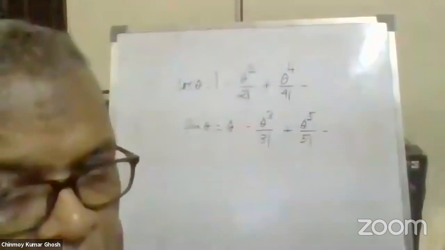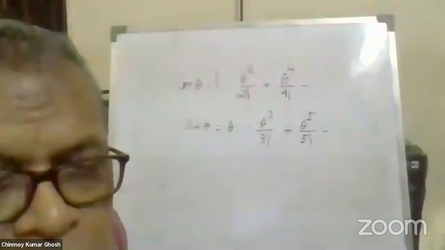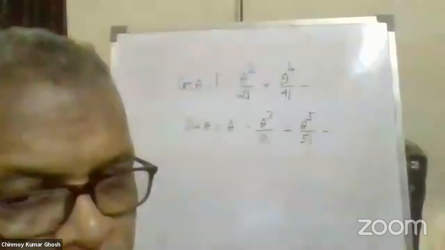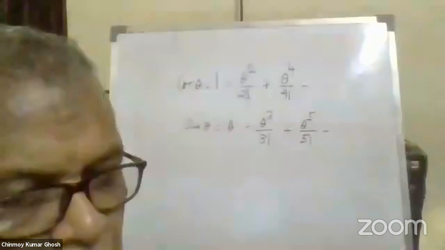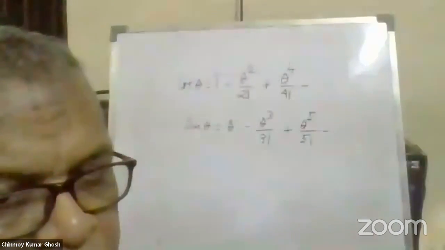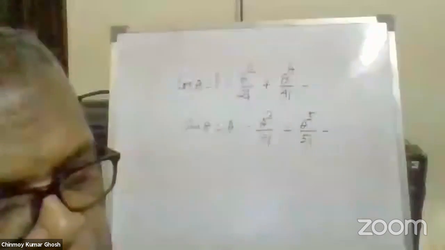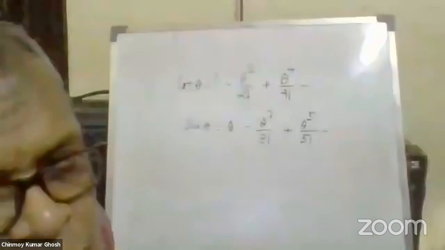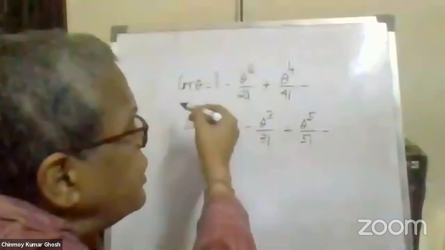So suppose theta has a dimension. Now you can multiply two quantities having different dimensions. Say mass into velocity is momentum. You can divide two quantities having different dimensions. Mass divided by volume is equal to density. But you cannot add or subtract two quantities having different dimensions. In order to be tenable for adding or subtracting, the quantities must have the same dimension. So if theta had a dimension, then havoc would be created.